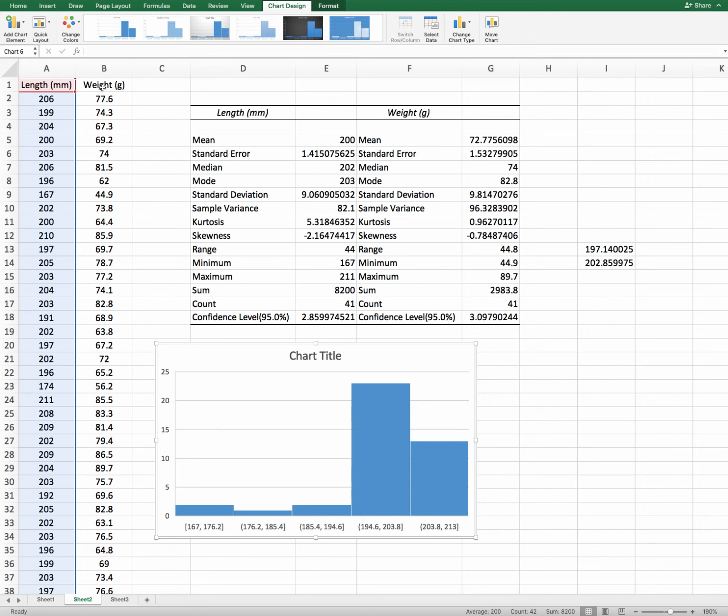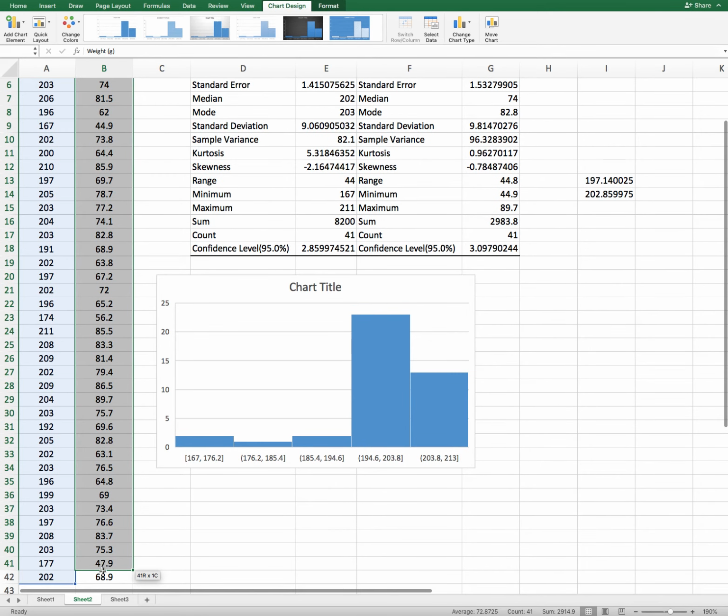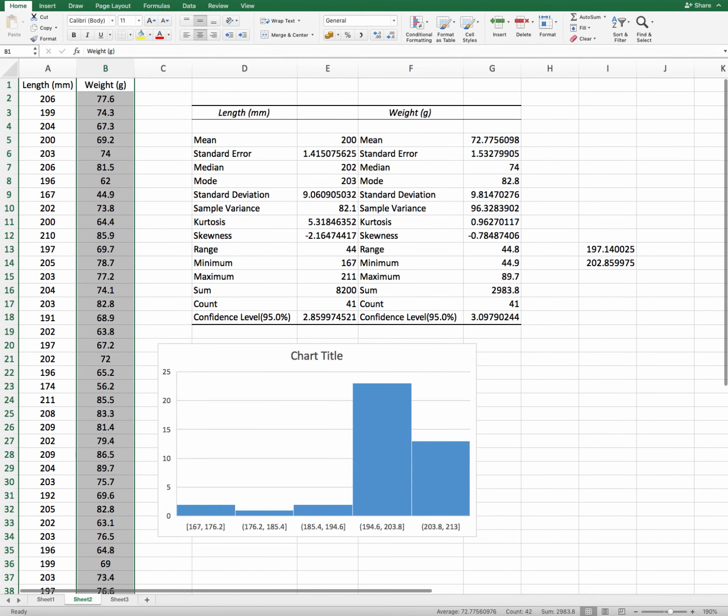And if you check the histogram of the weight, select the weight, go to Insert, then Statistics, the graph, and click on the histogram. This is the weight histogram, and you can easily see that yes, the left tail is a little bit high, but it's not highly negatively skewed.